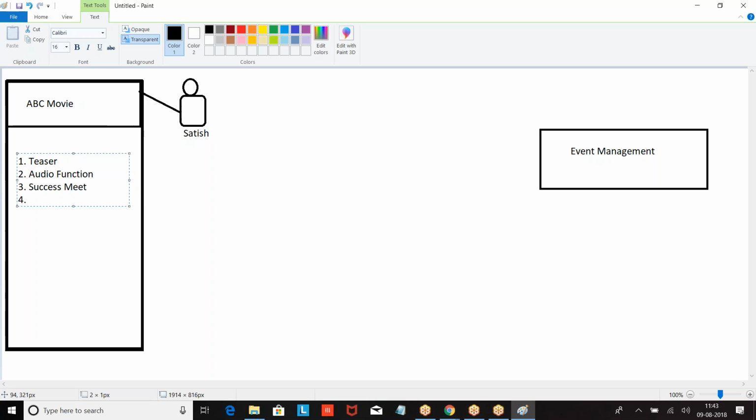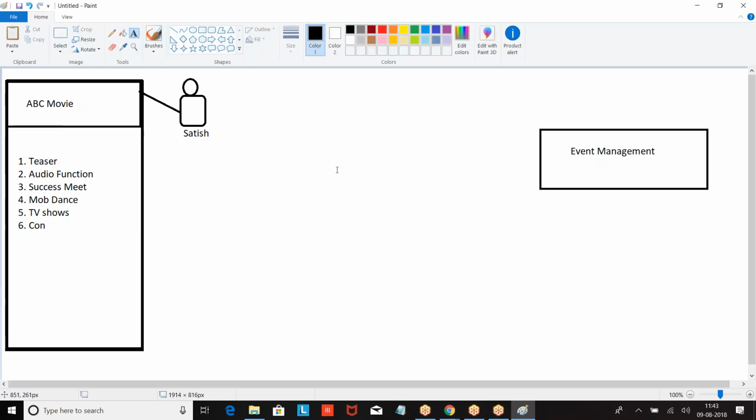Then some mob dance they want to conduct. Some they want to organize some TV shows. Some controversies also. Right. Now these events include these activities.